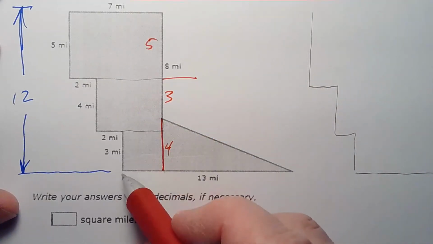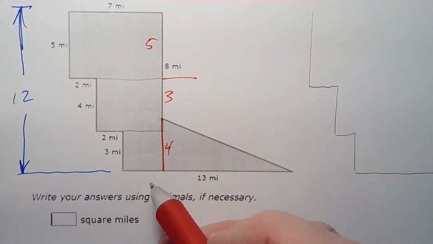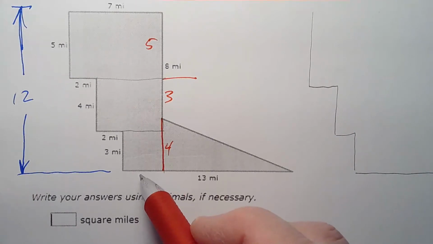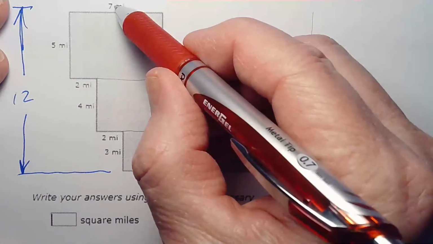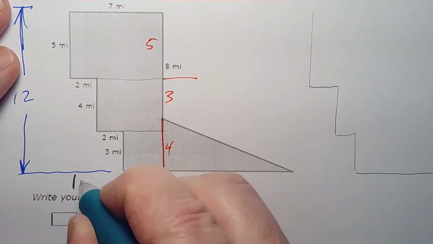I know that this little guy right here has got a height of 3, but oh, you know what? I don't know this dimension either. Well, okay, we're going to do the same thing again. Look, this whole thing is 7. Okay, I'll try to do this one with a different color. So if this is 7